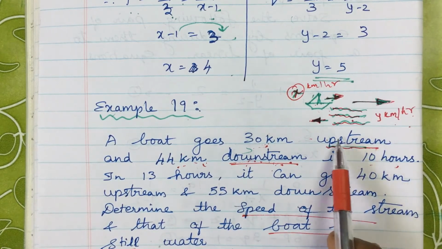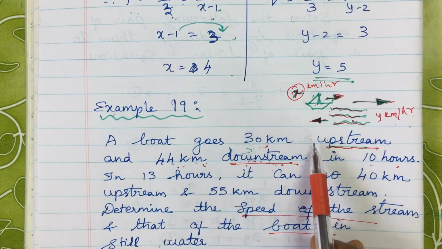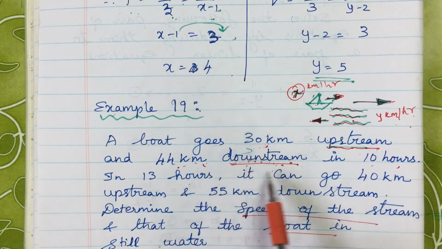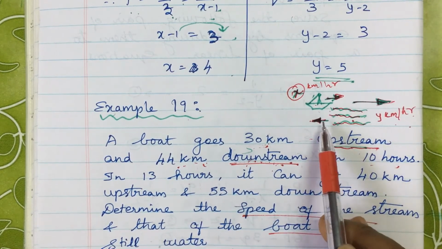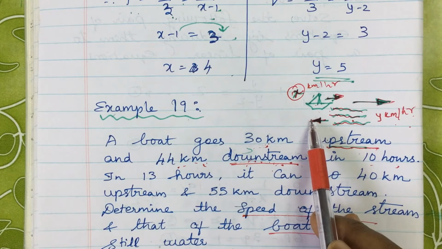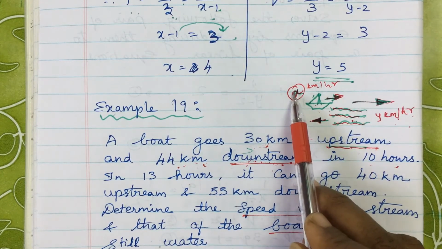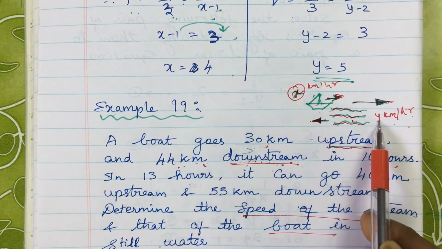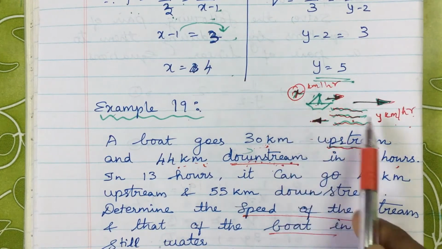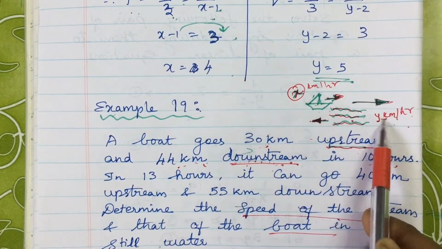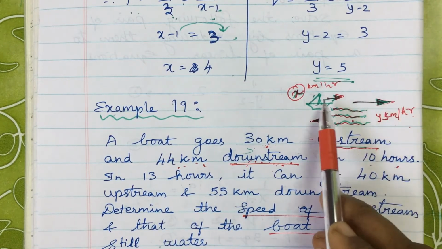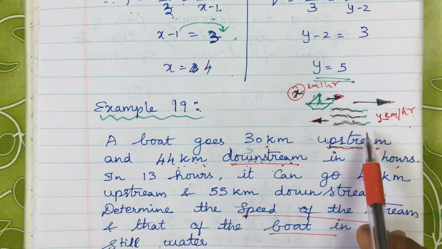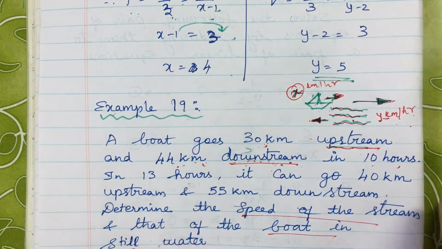So actually what you want, you have to calculate the speed when the boat moves upstream. You have to calculate the speed when the boat moves downstream. So upstream means, what is that? The boat is moving opposite direction to that of the stream. So what is the upstream speed? It will be x minus y. Since it's moving opposite, you have to subtract both the speeds. It is x minus y. Downstream means both moving in the same direction. So you have to add up the speeds. So x plus y is the new speed for the boat moving in downstream direction.